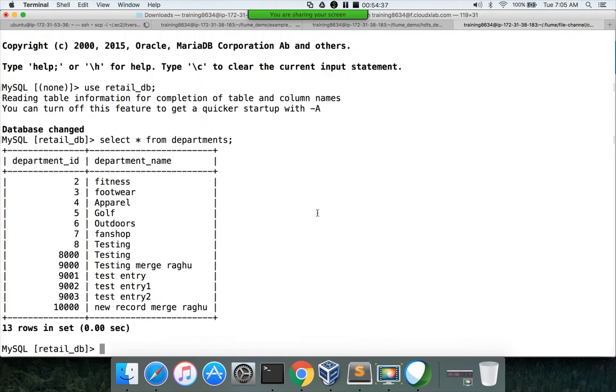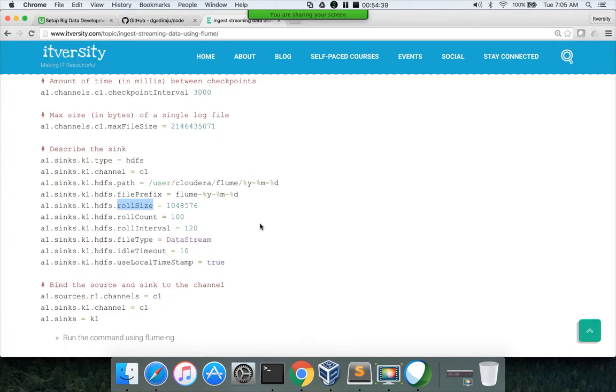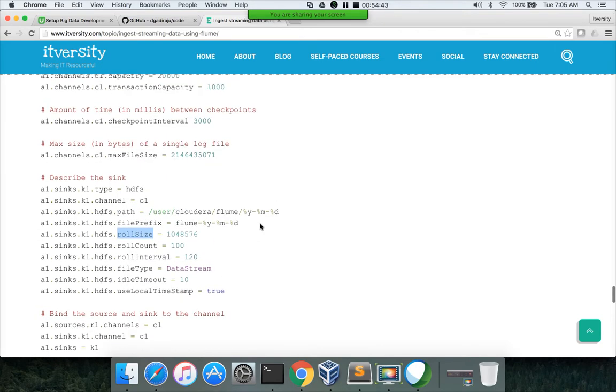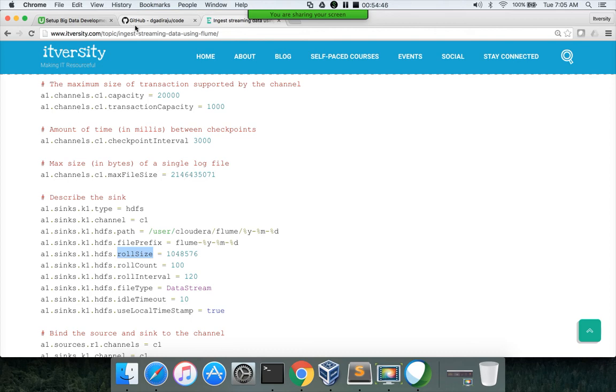Once the data is integrated to HDFS. That being said, that's it about Flume. It's a very straightforward tool, as long as you understand the architecture, and also you understand that there are different source types, channel types, and sink types available, and for each of them the parameters can be significantly different.